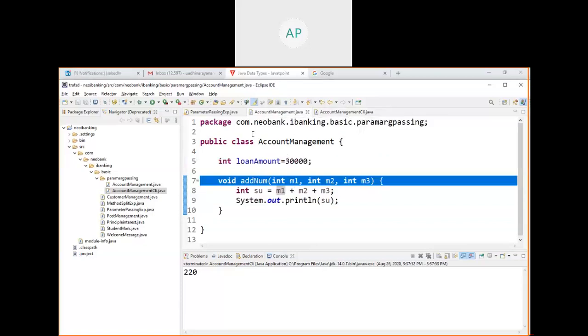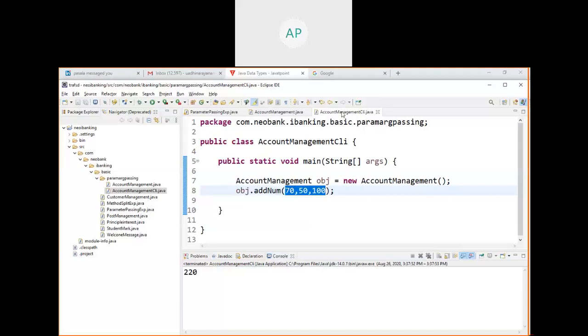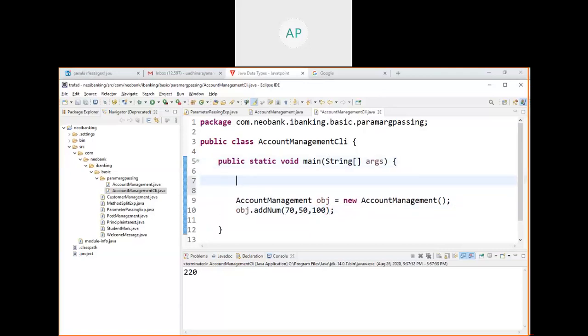So now you learned how to pass values to the method. Either you can do something like this, or else you can do MA1 equal to 23.